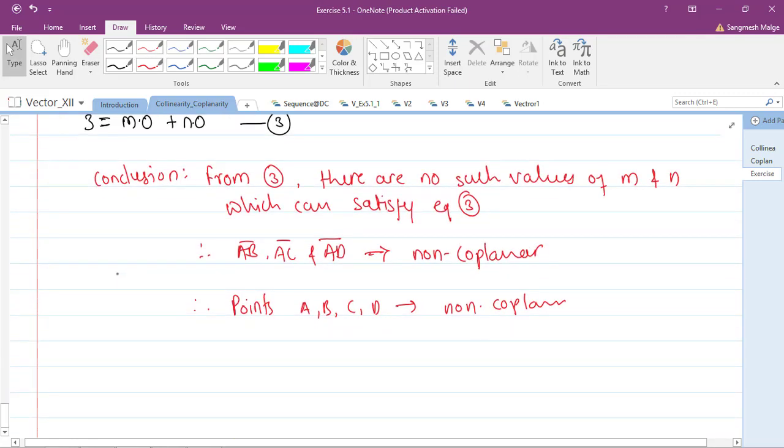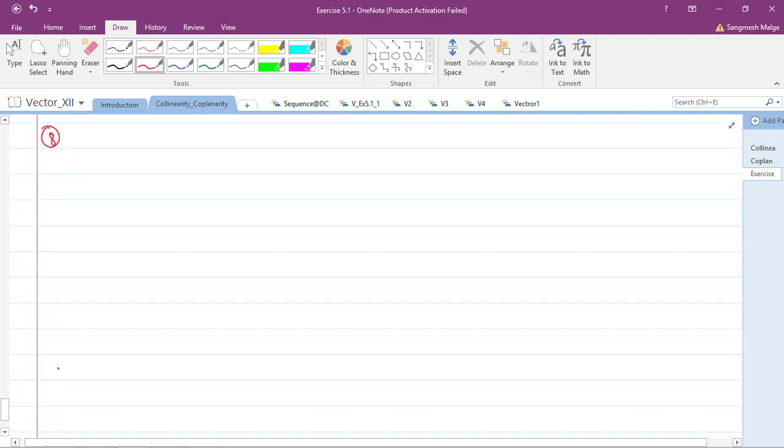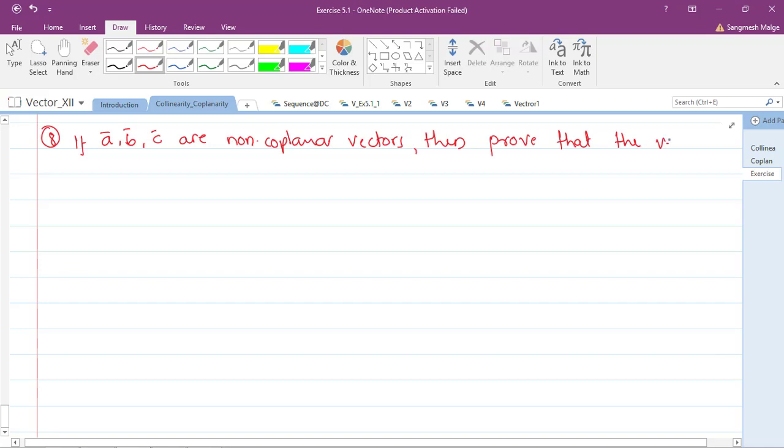Okay, so let's solve question number 8. I hope it is clear now. Question number 8. So question number 8 says that if A bar, B bar and C bar are non-coplanar vectors, then prove that the vectors